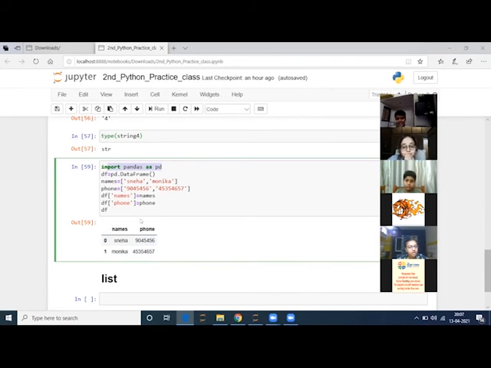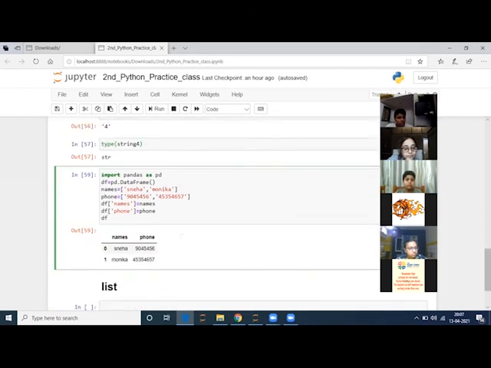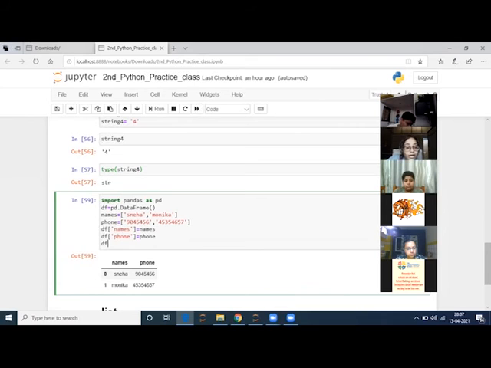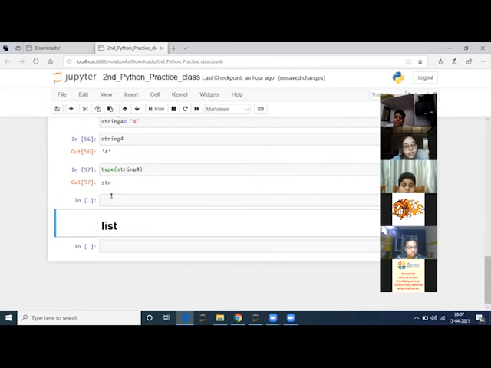Ma'am, why is it written df equals pd? See, Srishti, don't confuse yourself. These things are just to show how we can store the data. Right now, this is extra. Don't confuse yourself. You will not understand this right now. It will take some time. These things are new to you. I'm not expecting any one of you to understand. This is just to show how we can present the data and how it looks to us. Let me comment this, or rather remove this. You guys will get confused. I will show it again later on. This is an extra thing I have just shown.